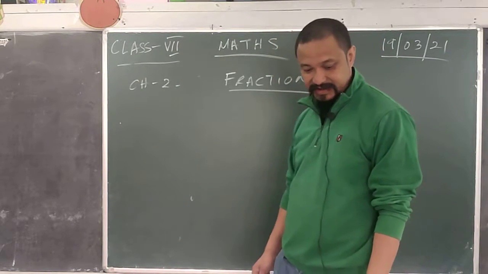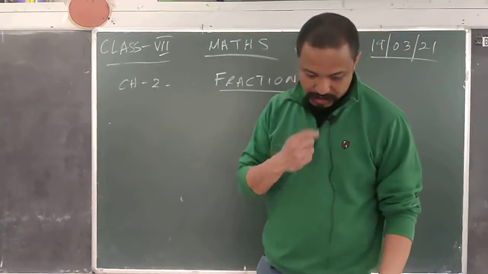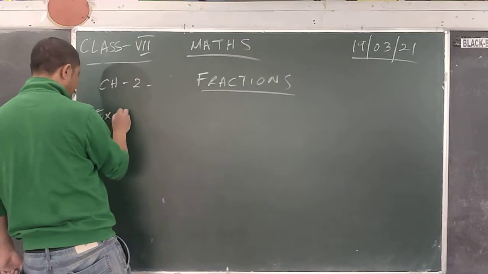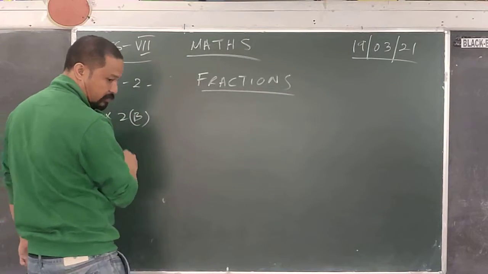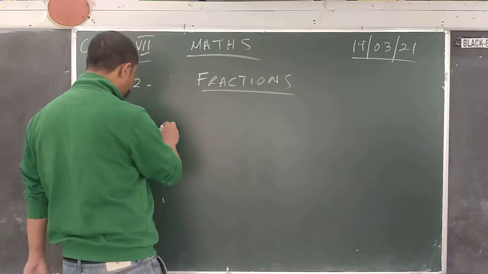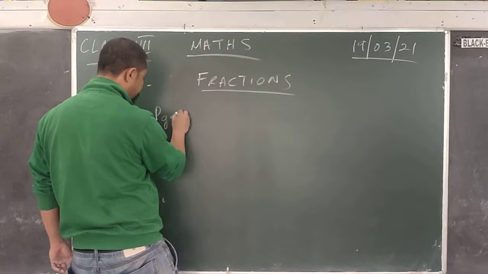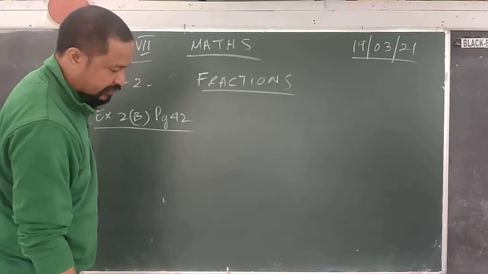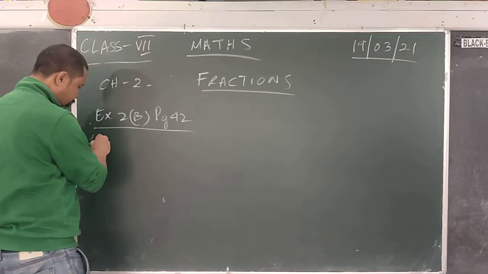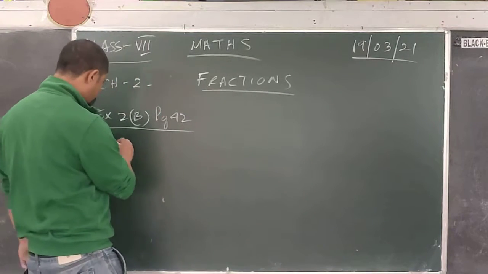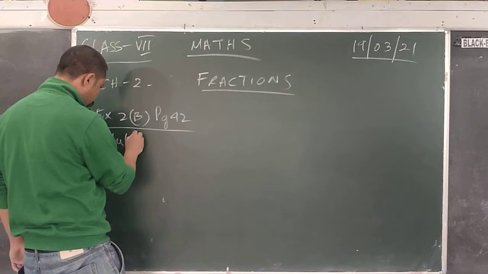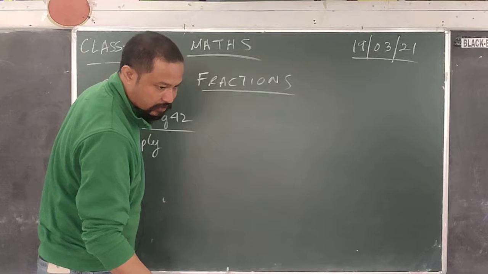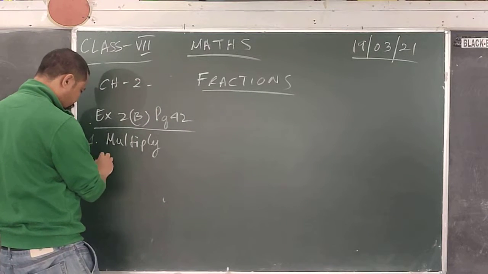Fractions, I think I did exercise 2A last time. Now we are going to do exercise 2B, page number 42 of your prescribed textbook by the school. So this is multiplication. The first one, number 1, is multiply. Okay, so the first one,